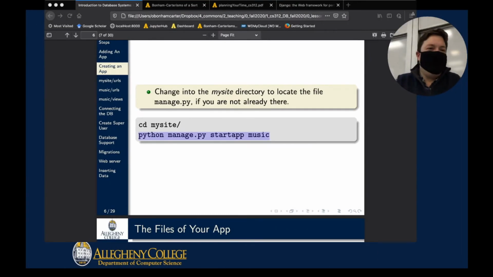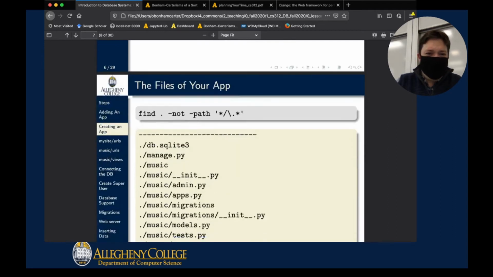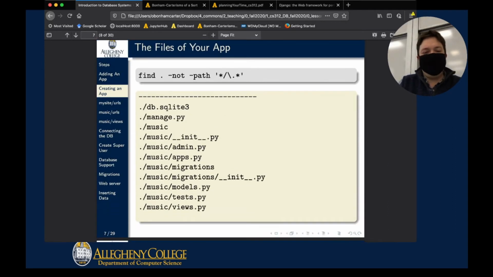So I'll go back over here, and we've just run this command here. You can see that new files have shown up. And this command here, you can always type in. This is a Linux command, by the way, or a Unix command. And so if you're working inside your Docker container, then this command will work. Otherwise, I think that in Windows, if you type in dir,